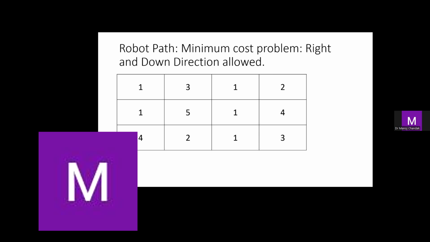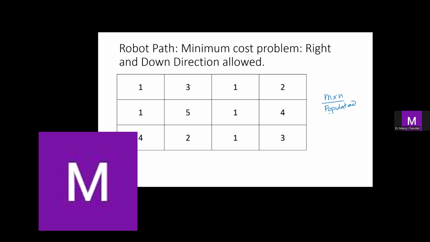Hello everyone. In this video, I will explain another classical robot pathfinding problem which can be solved using dynamic programming. The problem is explained with the help of a matrix. So given any n by n matrix or any n by m matrix, and this matrix is already populated with some values,